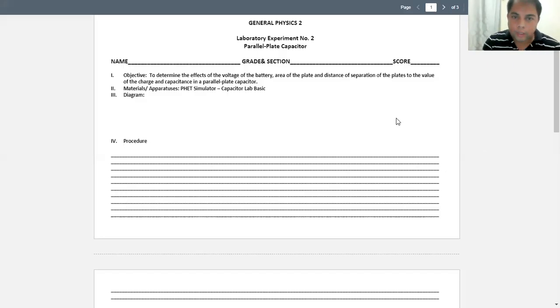Okay, so here is our lab experiment 2, which you are going to submit again now as a lab presentation. So this is now number 2. We call this the parallel plate capacitor, and our objective for this activity is to determine the effects